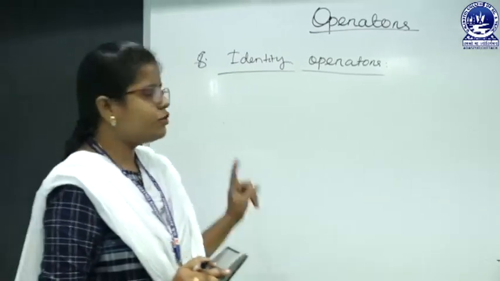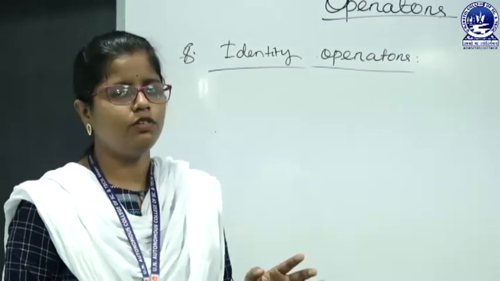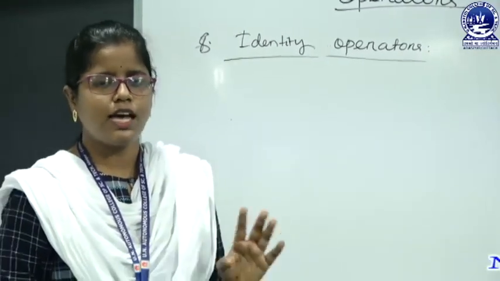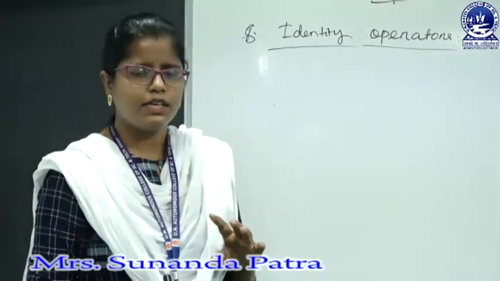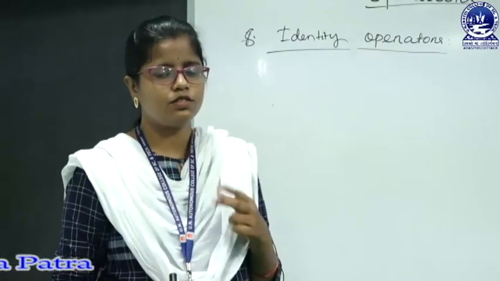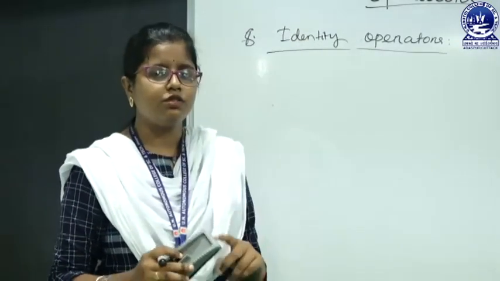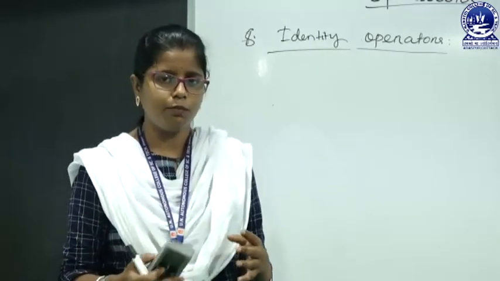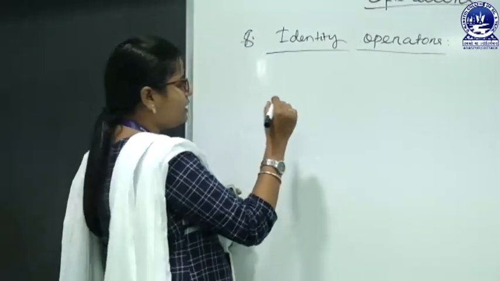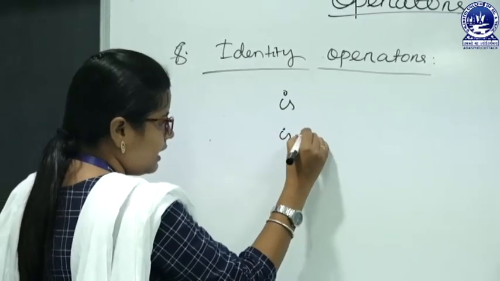So, next come to the last operator, that is the identity operator. This operator is also new in our Python programming language. We do not have identity and membership operators in our previous languages like C, C++. But in Python, we encounter two new operators, those are membership operators and identity operators. So, identity operators are used to check the type of a variable, that means whether the value is of a certain type or not. We have two identity operators, the first one is 'is' and the second one is 'is not'.